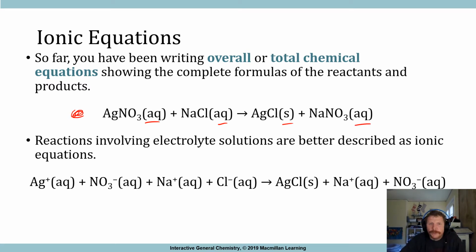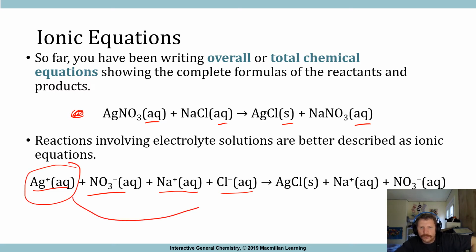Now what we're going to do is give a better representation of what's going on in that solution. And what that looks like is a silver ion that reacts with a nitrate ion, and that's in the same solution as a sodium ion and a chloride ion. Now what's going to happen when these different substances come in contact? Well, silver and chloride, they're going to precipitate out and make that solid. NaNO3, on the other hand, those are still going to exist as independent ions. Okay, so this right here